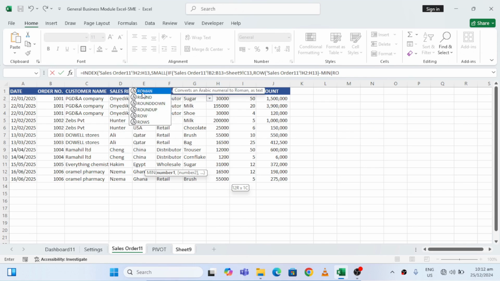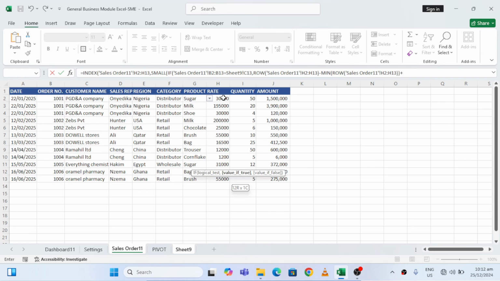Take the minimum row, double bracket, add the next row or leave empty, which is the row, then the